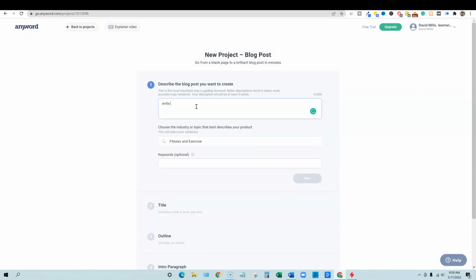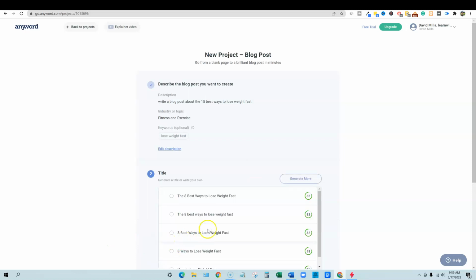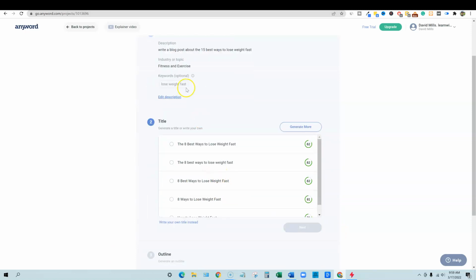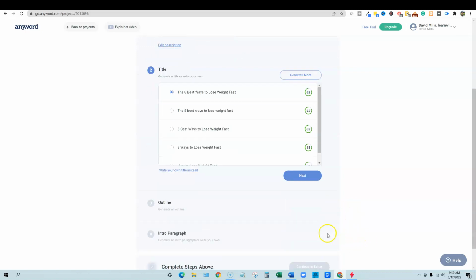This time, write a blog post about the 15 best ways to lose weight fast. Okay. I want to see what it's going to do. Fitness and exercise. And then we're just going to say lose weight fast again. This is just a quick test, guys, because I want to see if its limits are only 10, if it can only give that on the outline. I'm doing this specific test because right now, see, it did 8 best ways, and we want the 15 best ways, right? So what we're going to do is just select that one and push, well, no, we need this